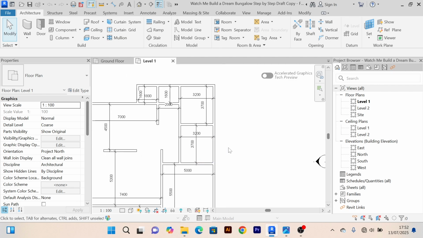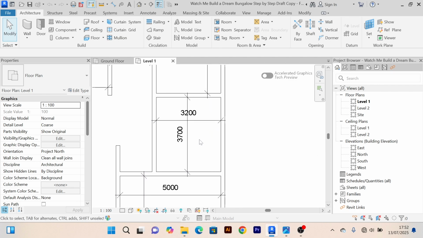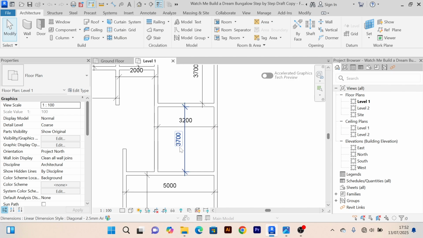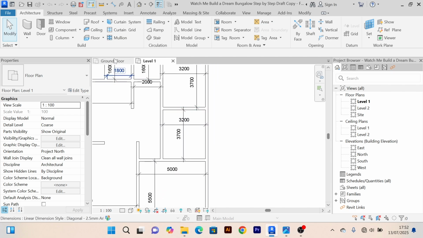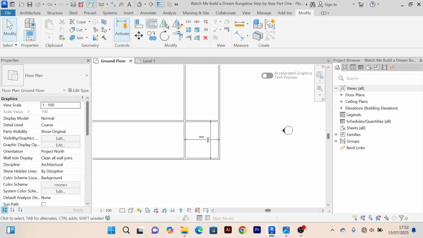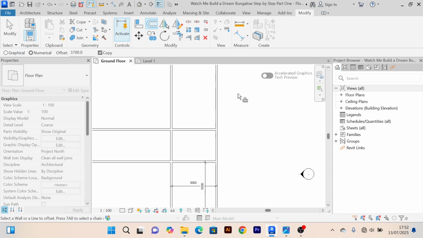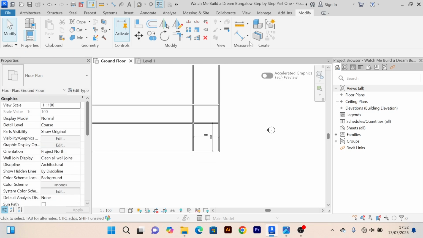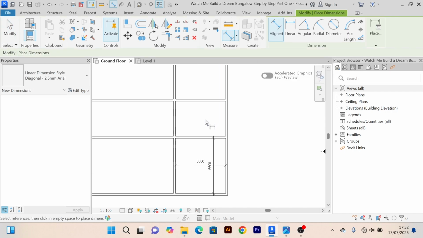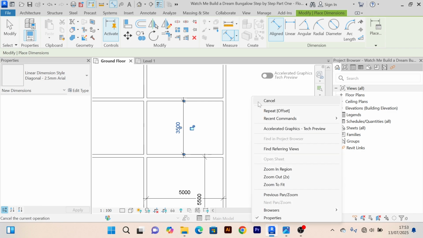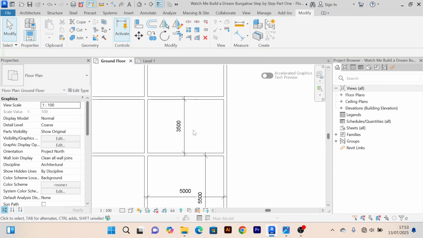Now let's create maybe these sides first. We are going to create another room here, 3.7 by 3.2. So you come to your offset, which is the OF, you write there 3.7, just like that. You offset here, then I'll escape, please make sure you always escape. Then I'll come to my align dimension DI, I'll measure this, I'll click in the middle to make the line stick in one place. So I'll escape, I'll click here,